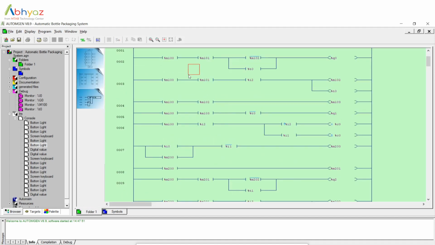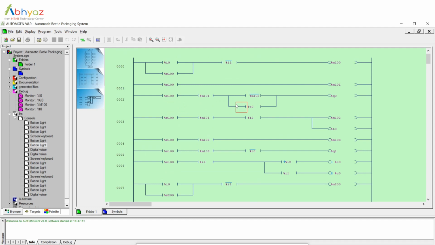So we can see that the power control memory and the first user memory are used to control the first conveyor motor. But you see over here a percentage M102, that is actually the feedback memory of the sensor.